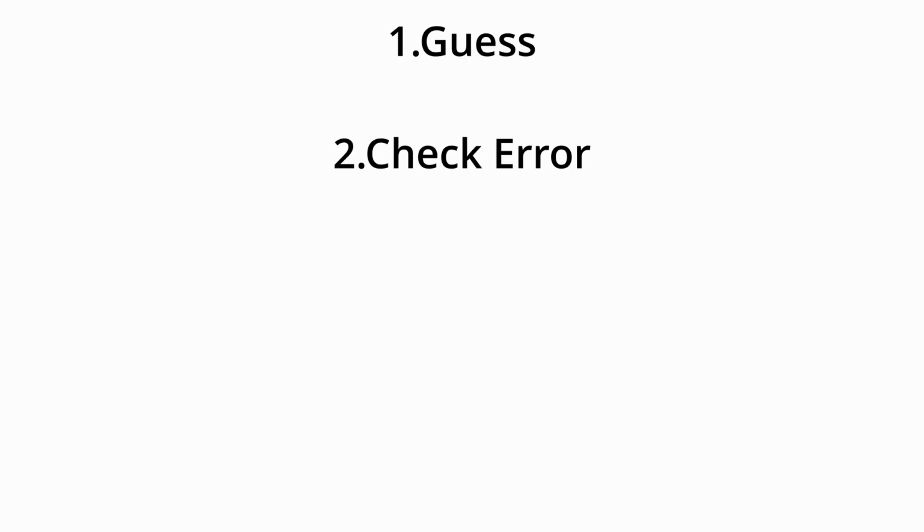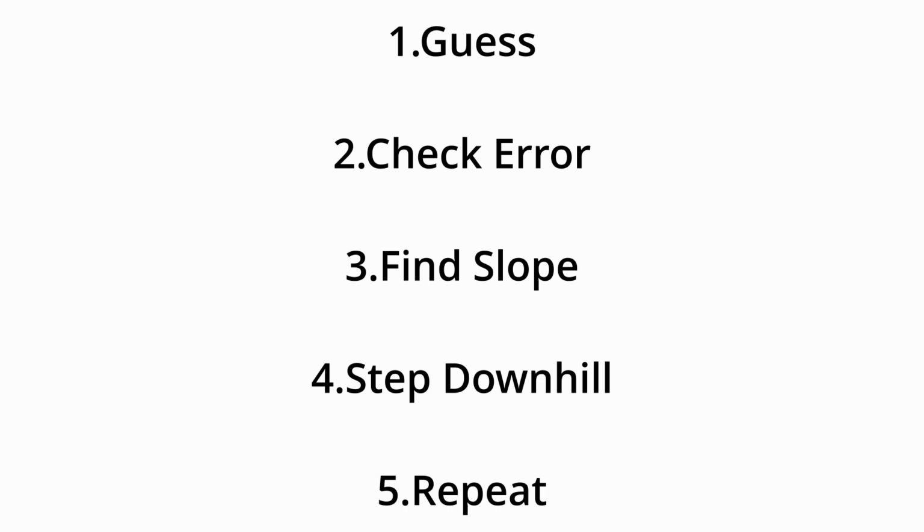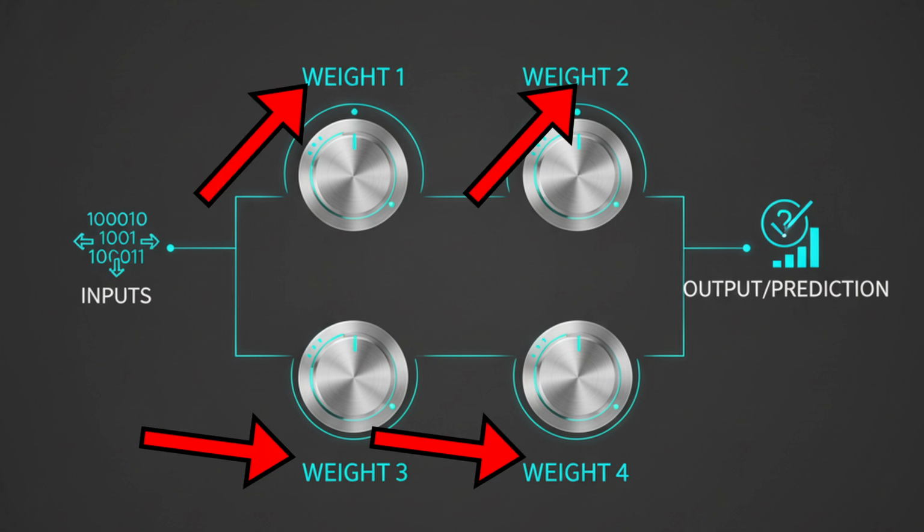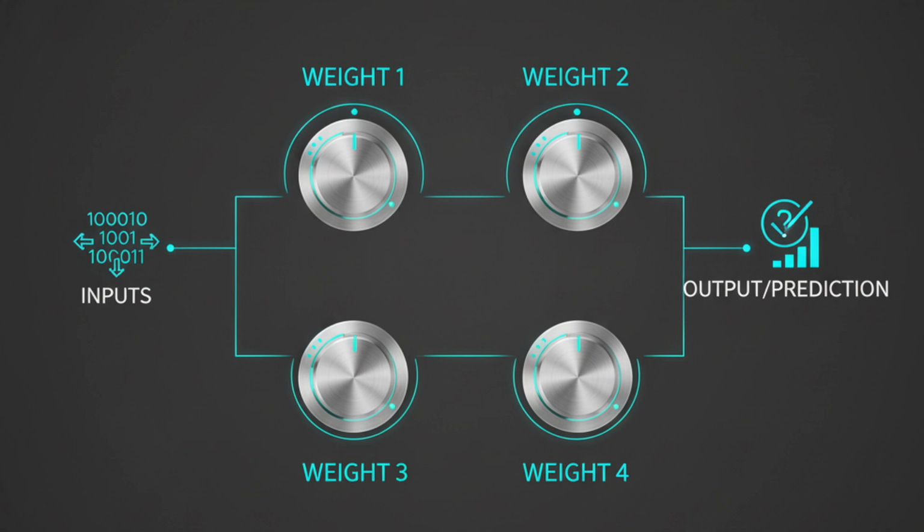Let's break down how it actually works step by step. No math, just intuition. But before we explain how gradient descent works, let's talk about why we need it. In machine learning, a model learns by adjusting numbers called weights. We can think of weights like little knobs that control how much importance it gives to different inputs. The goal is to find the best combination of these weights so the model's predictions match the real answers as